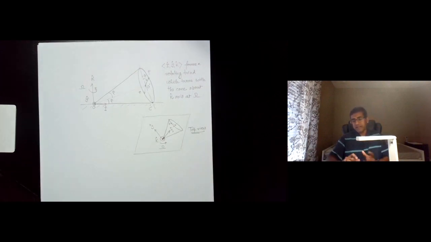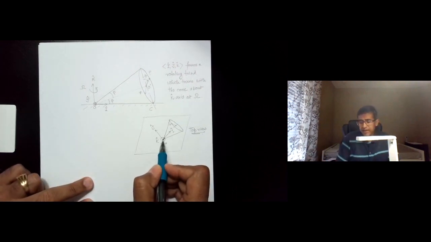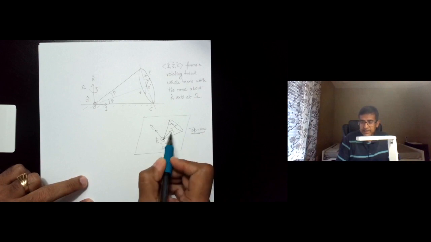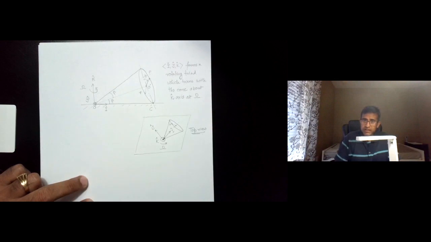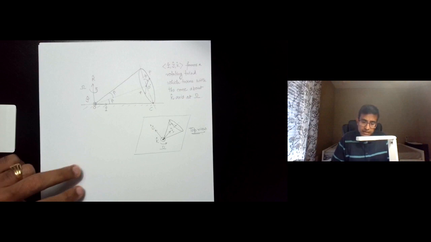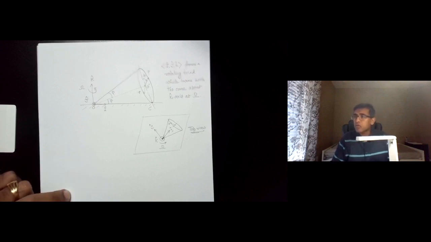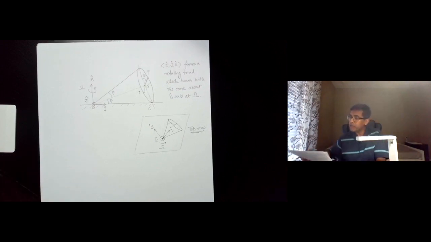Top view of the cone as the cone rolls without slipping, right? So one thing that you can see is that the axis K and the axis I, or the unit vector K and the unit vector I, always remains vertical, right? So that's an observation. Okay, so with this, then we will start solving the problem,